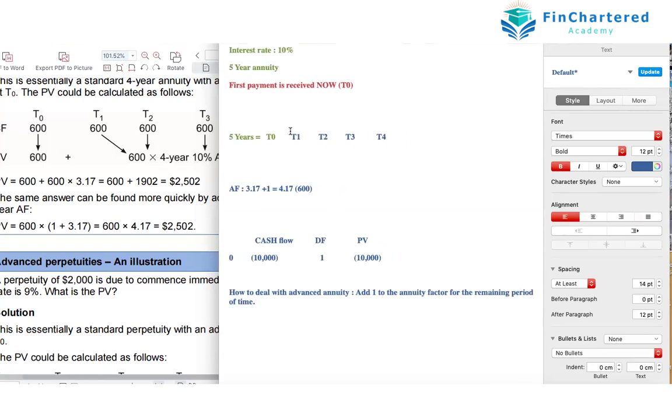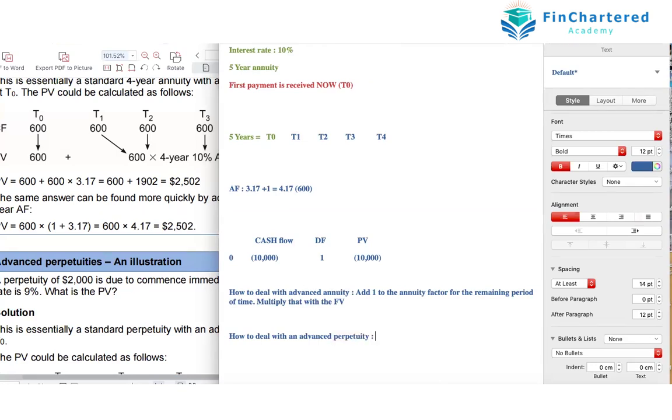The remaining period of time was 4 years. So you take the annuity factor for 4 years and just add 1 and multiply that with the future value. Same way how to deal with an advanced